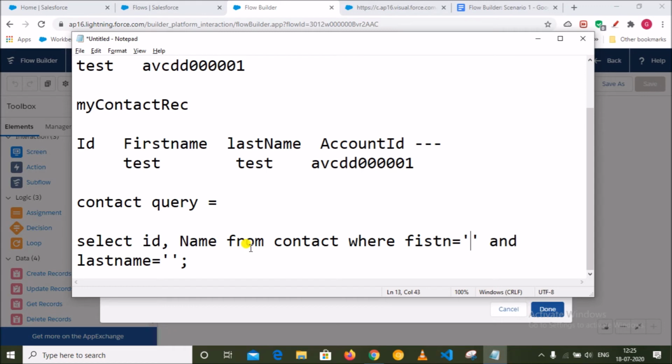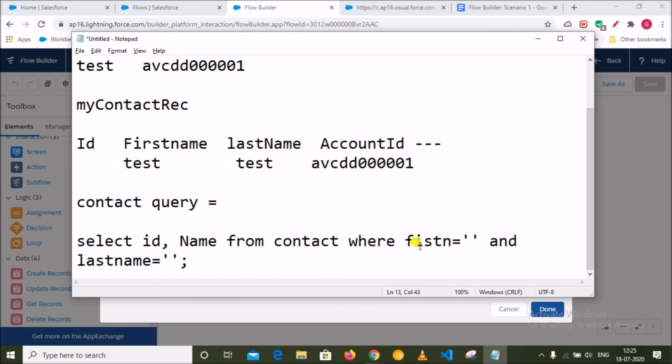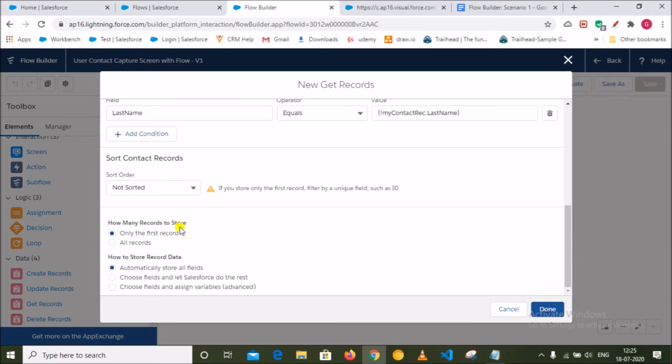So I will not fetch all contacts, I will take only the first contact. If any one matches, I will take only that contact. So you have that option, how many contacts to store, only one record or all contacts. So I will select only the first record. Whenever Salesforce finds the first record, I will take that.